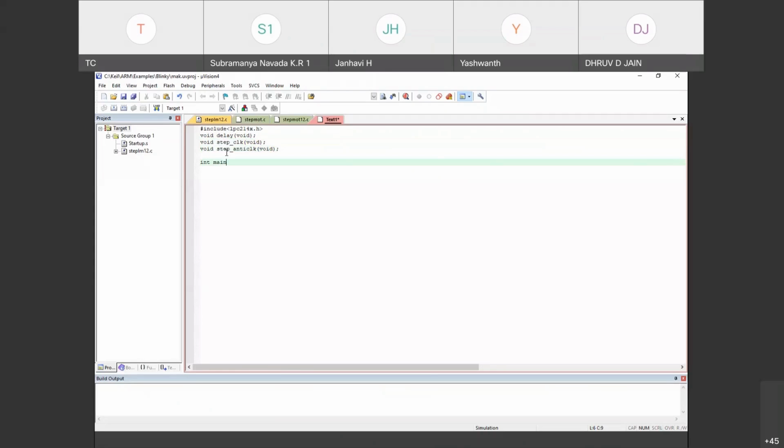Many of you don't write the main function itself, int main always, right? Now how should I write here? If this is the int main, what is the first step? We know which PINSEL has to be assigned. PINSEL1 I'll take because 15 to 31 it will take care. So PINSEL1 means it is pointing to port 0 pins only, but 15 to 31 are the port numbers. That's the simple definition.